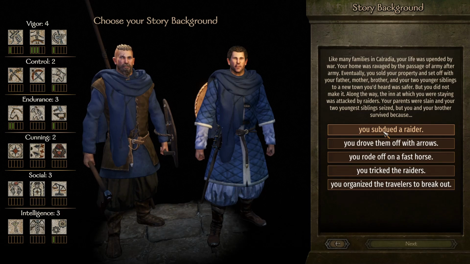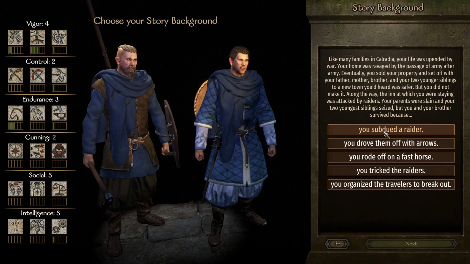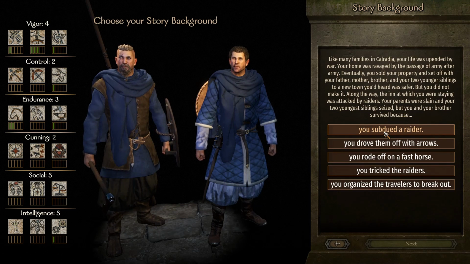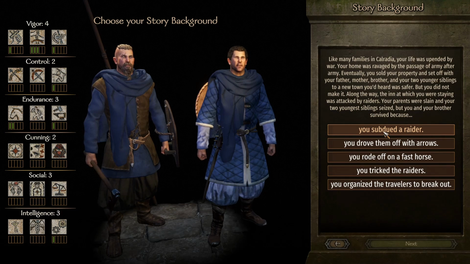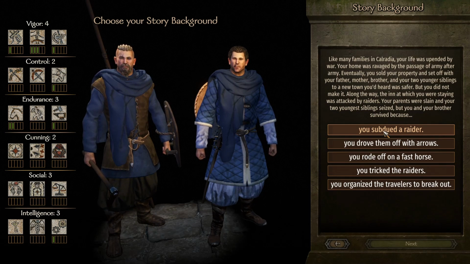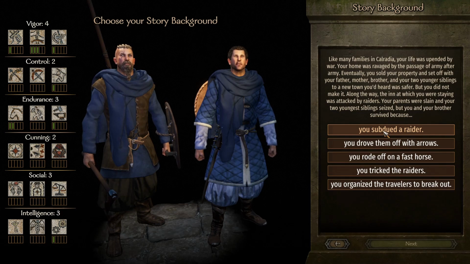Like many families in Calradia, your life was upended by war. Your home was ravaged with the passage of army after army. Eventually, you sold your property and set off with your father, mother, brother, and two of your younger siblings to a new town you'd heard was safer, but you did not make it. Along the way, the inn at which you were staying was attacked by raiders. Your parents were slain, and your two youngest siblings seized, but you and your brother survived because...